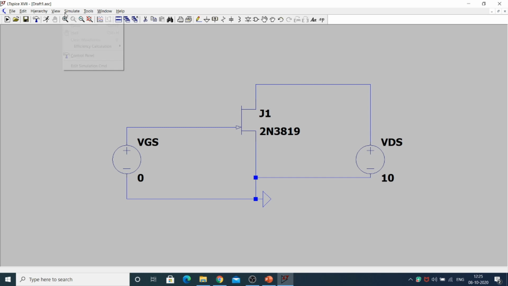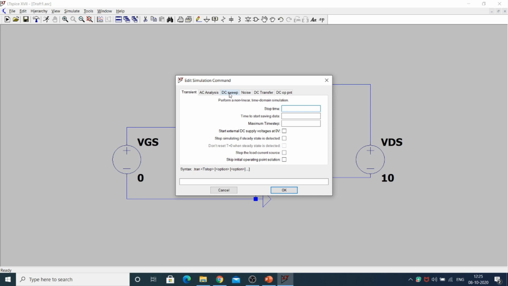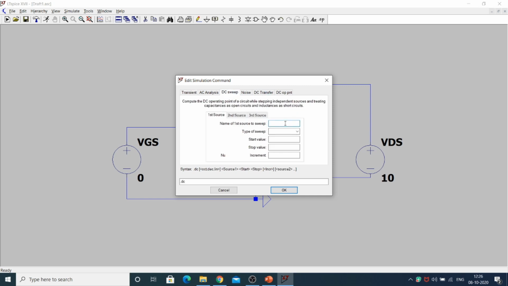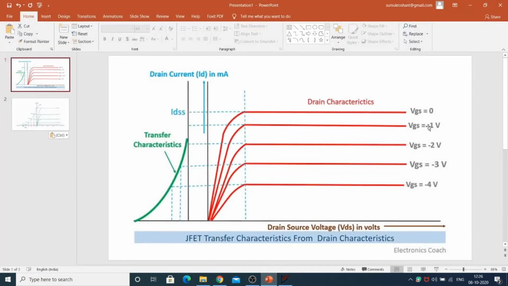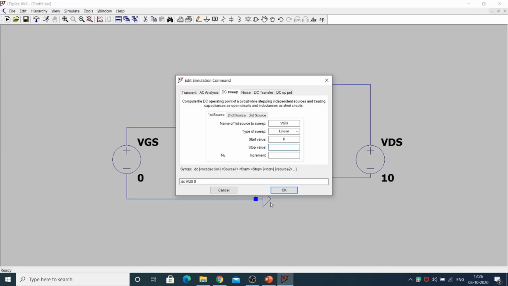You go to simulate, edit simulation command, go with the DC sweep. The first name is VGS. Type of sweep is linear. Start value is 0. You have to increase from 0 to minus 4 volts, right, minus 4.